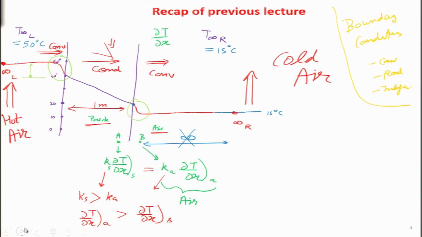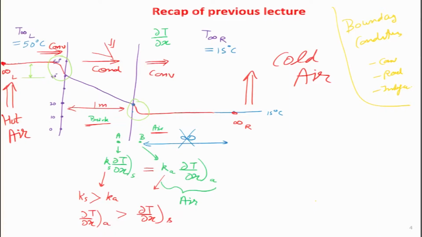and later on we looked into details of different types of boundary conditions for 1D heat conduction. So, we started off with convective boundary condition, we also looked at radiative boundary condition, and towards the end we looked at the interface boundary condition. So, this figure which is shown over here was discussed in quite detail. So, we could figure out how the temperature profile goes through the solid as well as near the boundary of the solid where the fluid interacts with it.